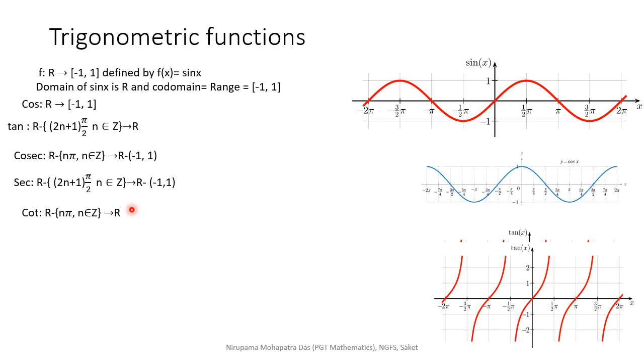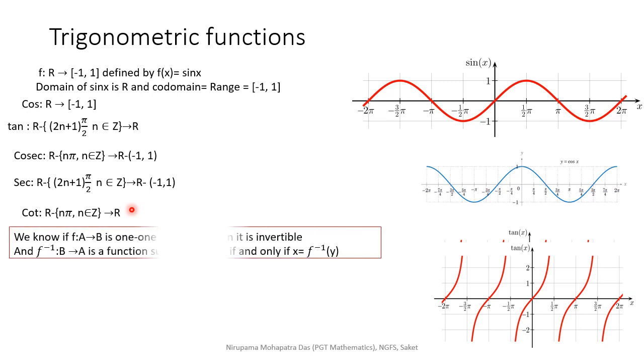Okay, and also we have studied the function chapter. We know a function is invertible only when it is bijective. It means if we have f as a function from A to B, and it is 1-1 and onto, then only f is invertible, and f inverse will be a function from B to A, right? And when y equal to f(x) is a bijective function, then we take x equal to f inverse of y. So this we have already studied.